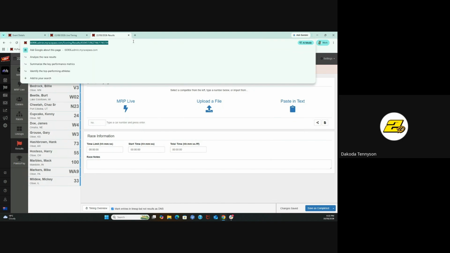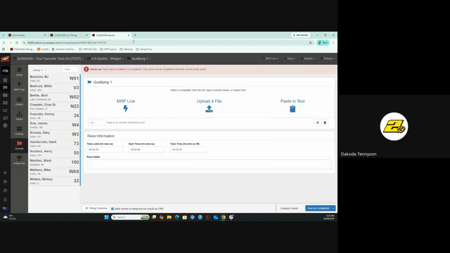And then very quickly, just to Milo's question there, effectively the way that it will happen, if say you had an incorrect transponder from a driver, when the first run is ran, absolutely yes, the transponder will be incorrect. You're going to see the traditional screen that you've always seen that pops up and asks you to assign that transponder to a competitor. Go ahead and do that. When you do that during the import process, so Scott, if you go ahead and click that MRP Live and choose the qualifying run,